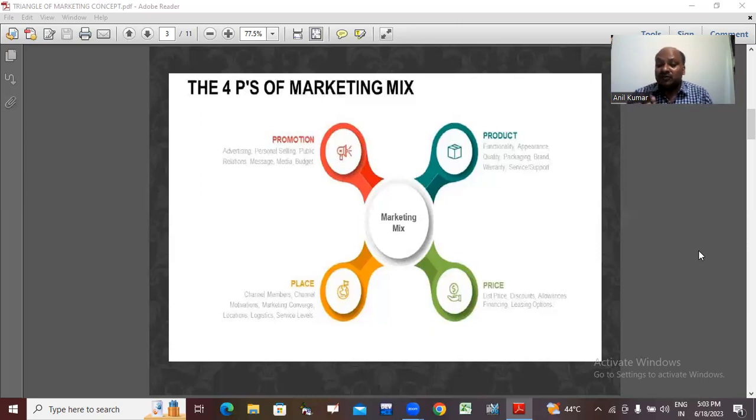And by using these marketing mix tools, a manager or marketer can be very effective in the market. He could acquire a larger share of the market. He also gets optimum revenue and profit. And moreover, he could satisfy the customer also. And this is the objective of this marketing mix. With the help of this concept, this is a kind of tool.